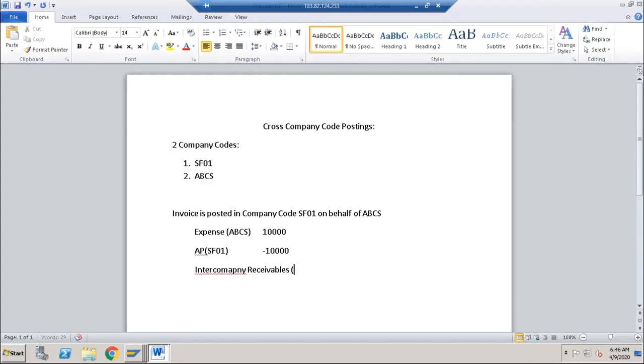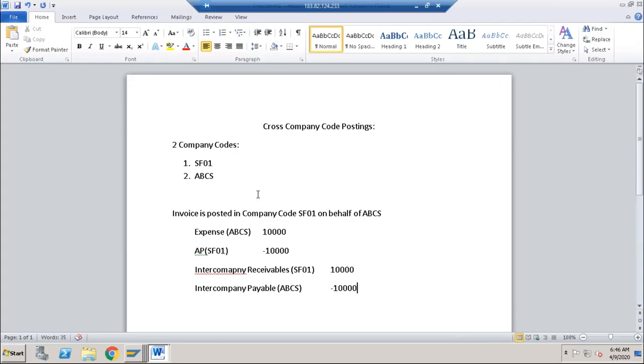While for company code ABCS, this will become intercompany payables, because ultimately company code ABCS needs to pay company code SF01. How much? The same amount. For SF01, since the credit line was already booked, this would be the debit line of 10,000 INR. And for ABCS, since the debit line is already booked, this would be the credit line.